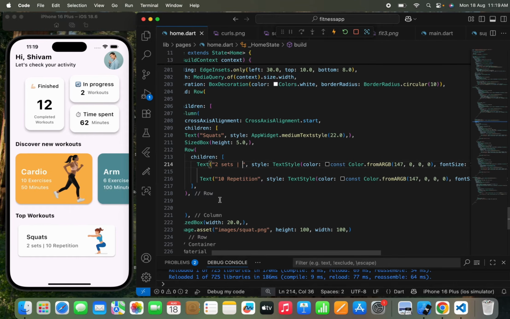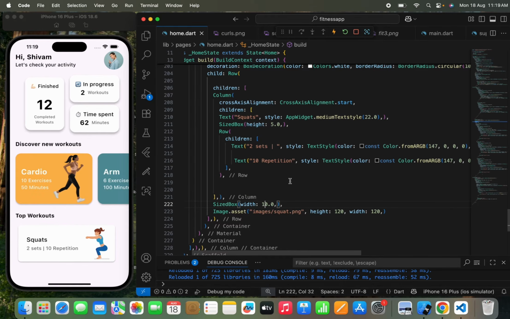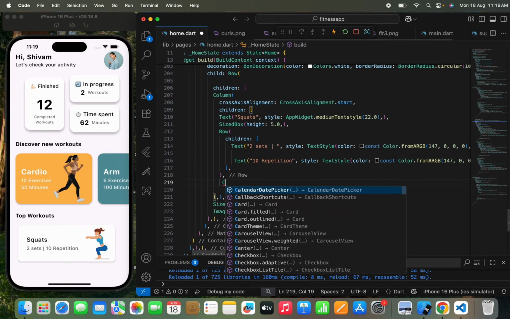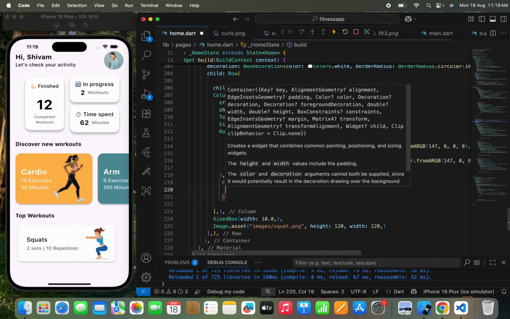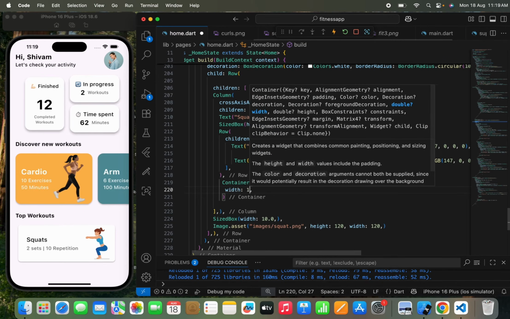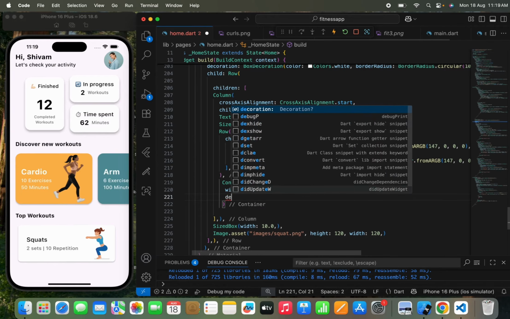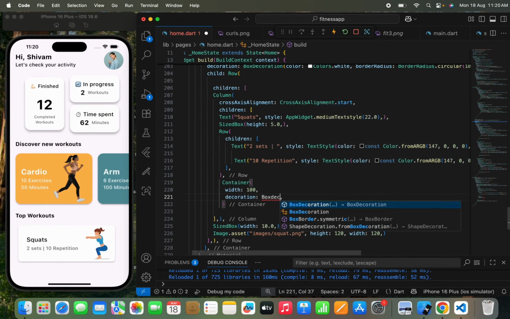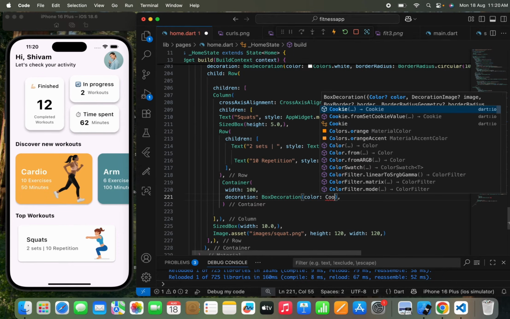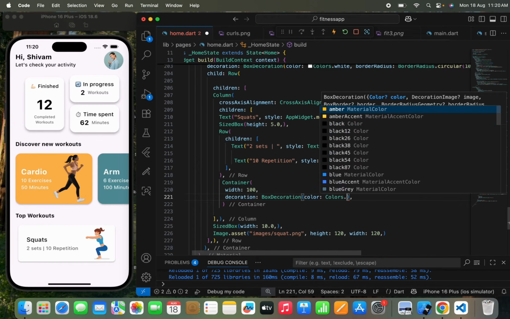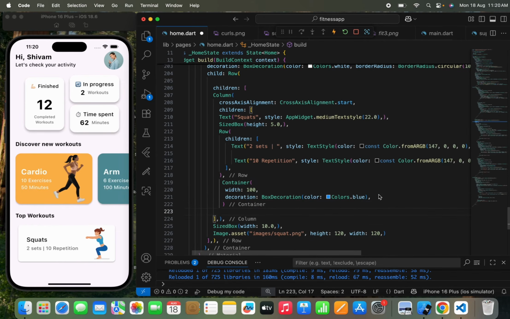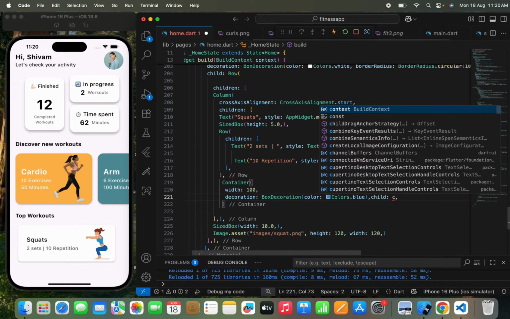Yeah, 10 repetition, and here once we do this, I am going to just create one container, and in the container I'll just pass a width, and in the width I'll just pass 100, and then pass a decoration, a box decoration color, and we'll just pass Colors.blue, something like this. Now here I need to just pass a child, Row,